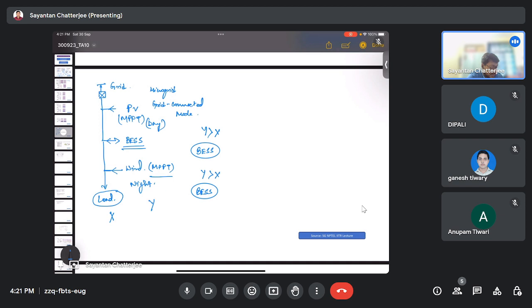Now there's a limitation, the SOC limitation, for this battery energy storage system. The SOC has a maximum limit as well as a minimum limit, below which it cannot go down and above which it can't scale up. So when the SOC has reached its upper limit in this case,